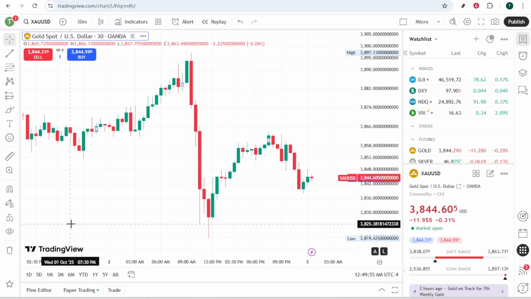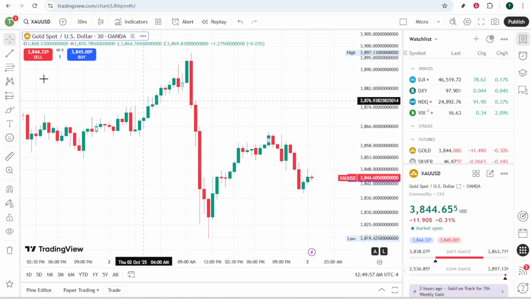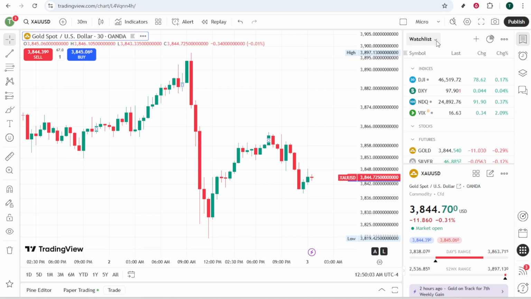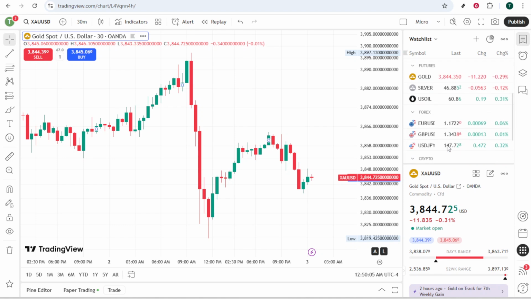First, let's log into your TradingView account. Once you've done that, you'll notice the right side panel of your screen. This is where you'll find the watch list and your trading charts. The watch list is a vital tool that allows you to keep track of your favorite symbols and quickly scan for opportunities. On the other hand, your trading charts are where the real action happens, letting you visualize market data